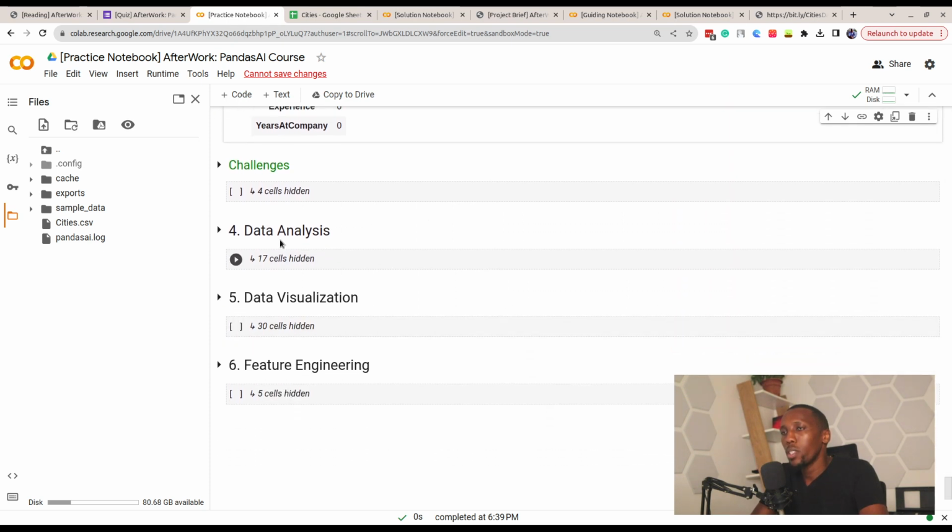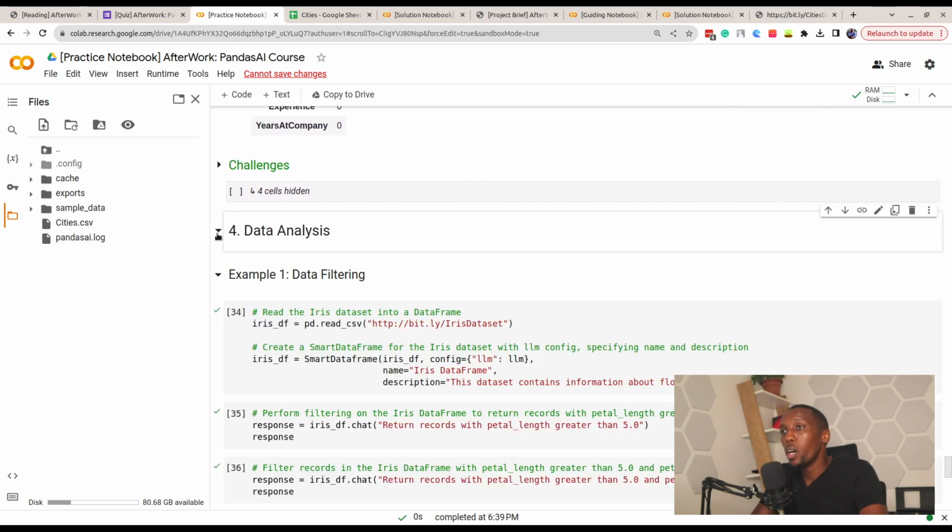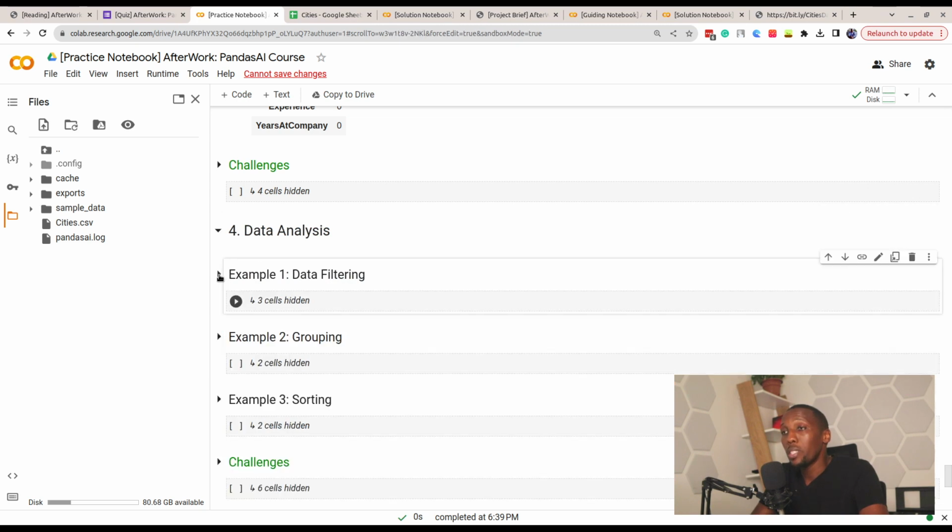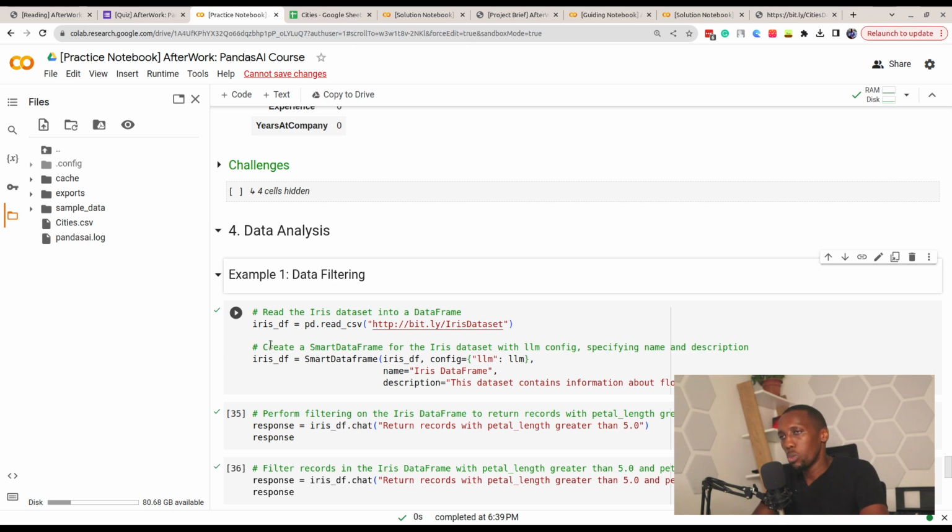So once you finish working on the challenges, data analysis work. We might want to perform data filtering or grouping or sorting. Data filtering would be just to get the data that we want, filter for the data that we want. So let's say, for instance, we want to work with